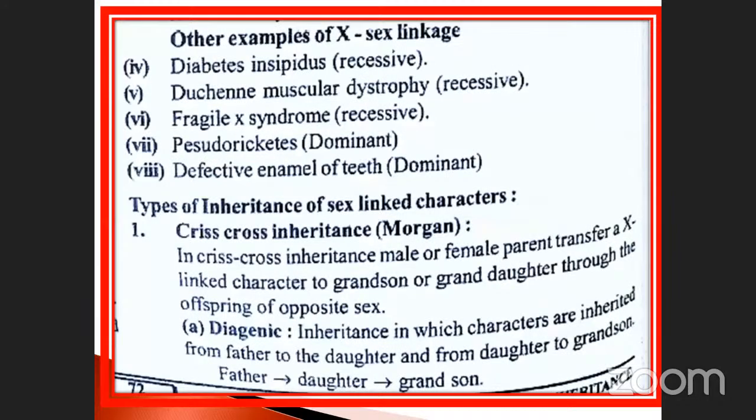Okay. So go to the next one. Other examples of X linkage: diabetes insipidus, already we discussed, recessive gene. Duchenne muscular dystrophy, recessive gene. Fragile X syndrome is also one of the recessive ones. And pseudo rickets is a dominant one, already we discussed. A defective enamel of teeth. See, some people's teeth will be completely, what happened? Defective due to some